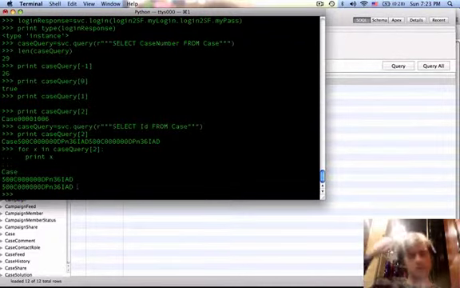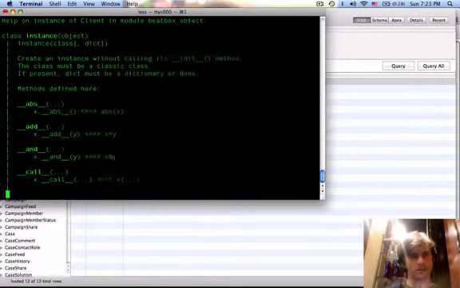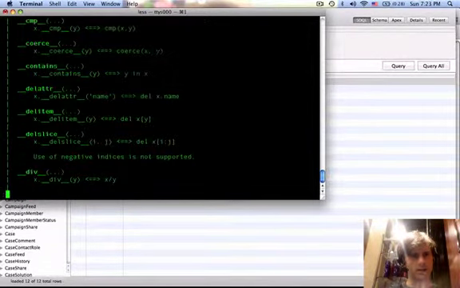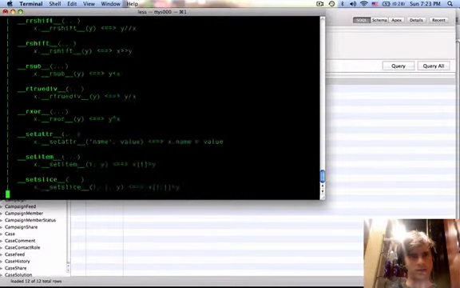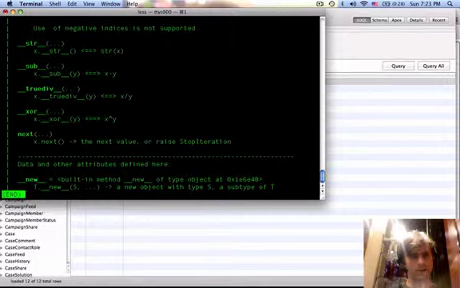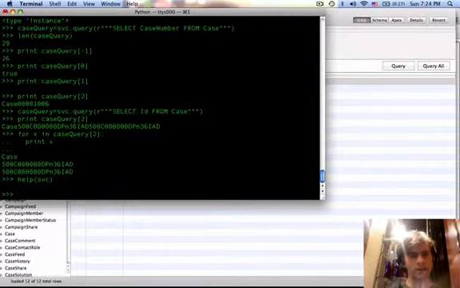So what we want to do is pass... I'm going to get help on our svc, which is the Beatbox client session. And you notice we've got a lot of methods here, and what we want is, I think it's called delete. Help on